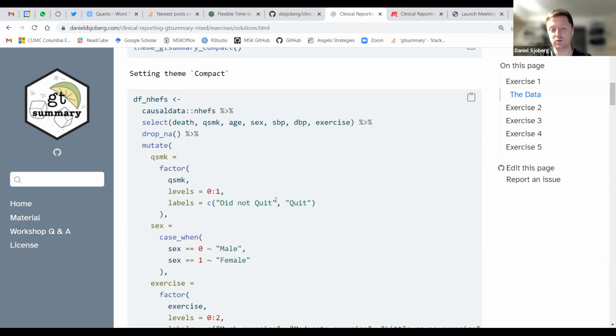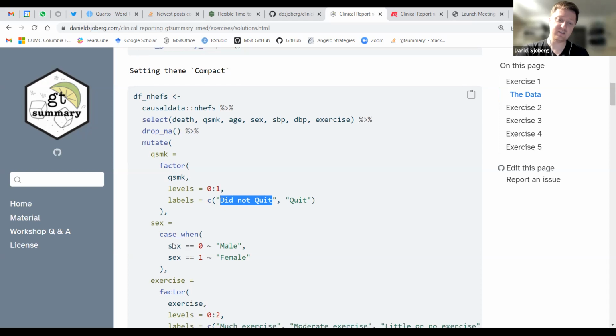So they quit or they did not quit. We're just going to assign these variables as factors. They came as 0, 1 numeric variables, but when doing summary tables, it's nicer to have labeled factors so that the labels appear in the tables and it's very clear what's going on.